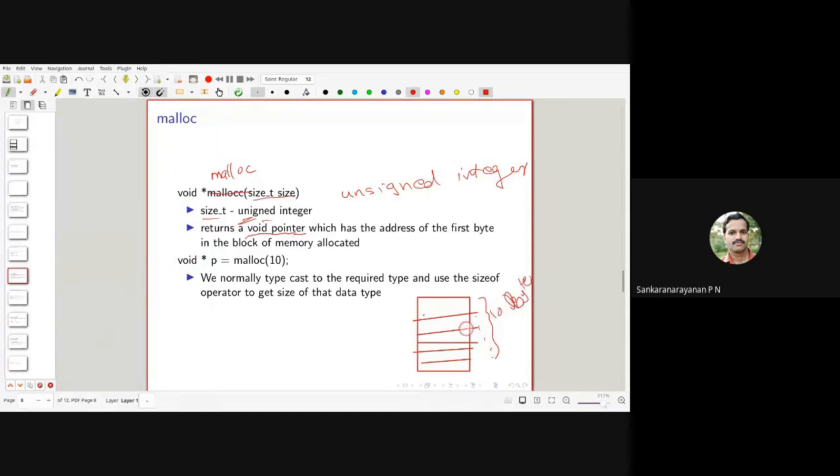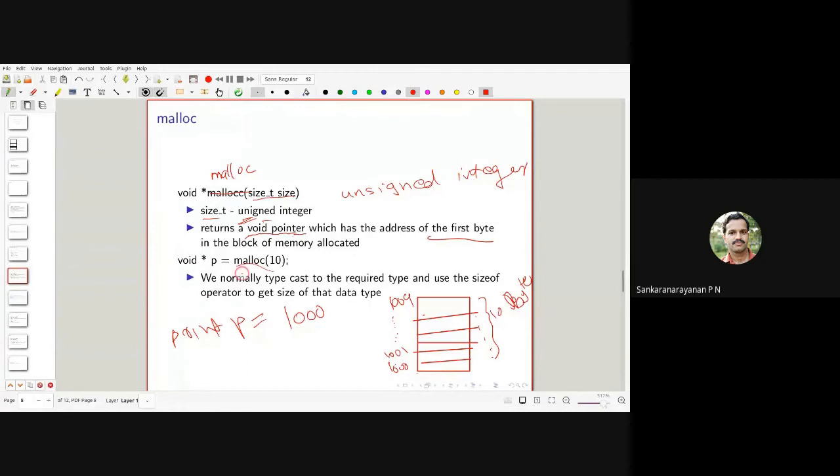Say the first byte is 1000, the next byte will be 1001, like that up to 1009. But it will return only the address of the first byte. So after this, if I print p, it will print 1000, not 1009, because this is the starting address or starting byte.